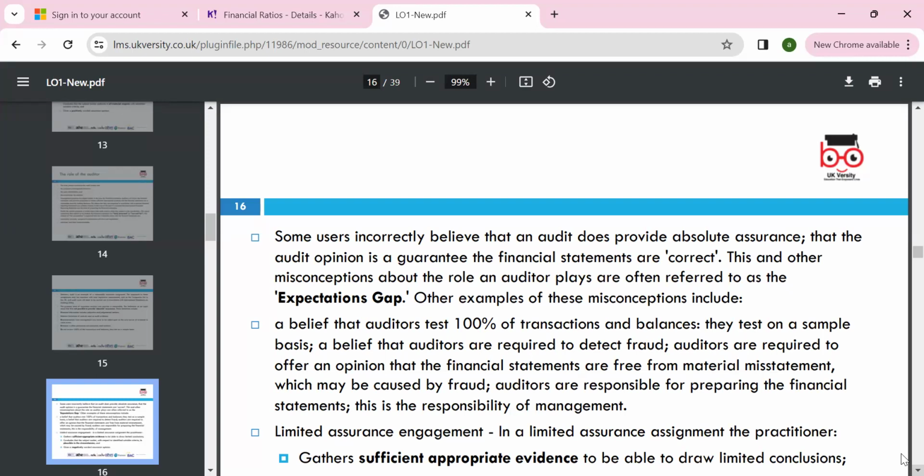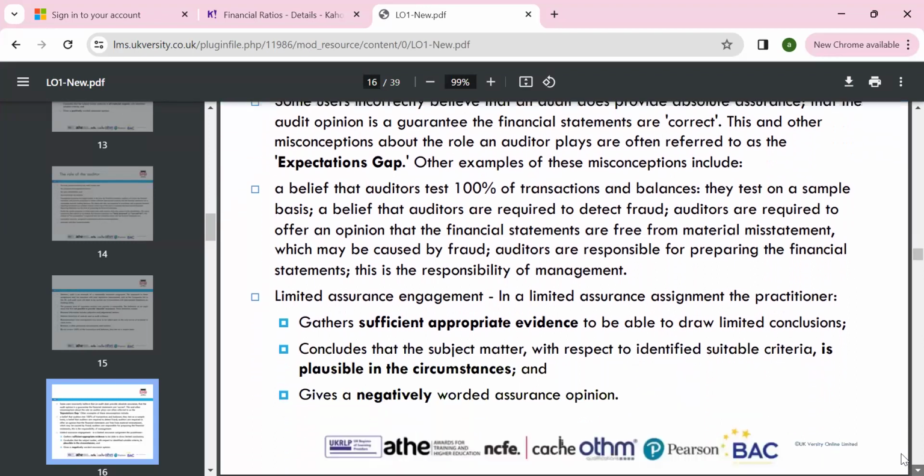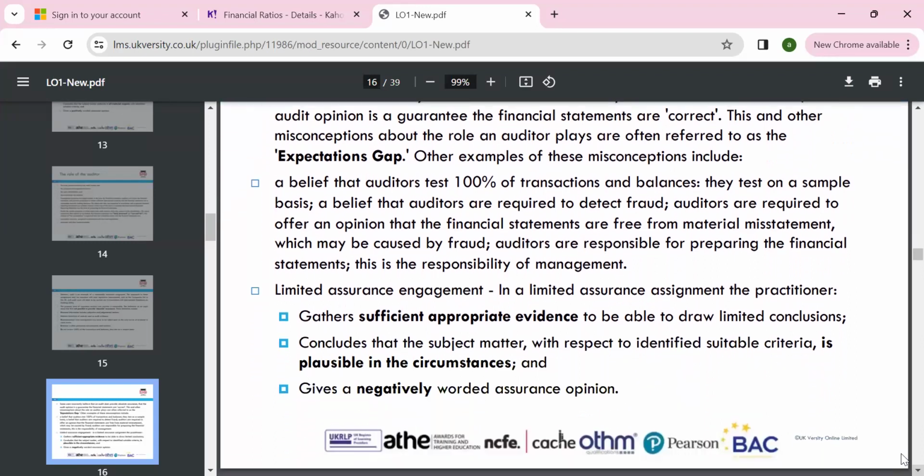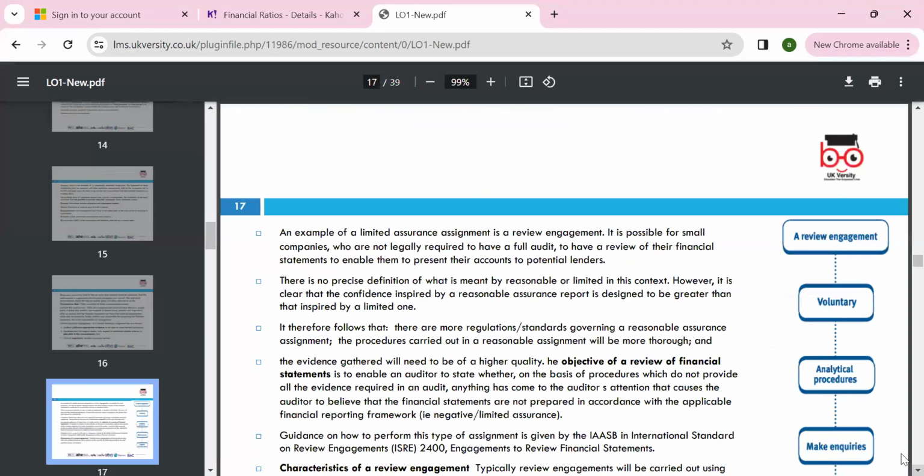The auditor should pick up all the material figures and give the information through limited assurance. Limited assurance can be practiced by getting sufficient appropriate evidence to draw a limited conclusion that the subject matters are, in respect of identified suitable criteria, stable in the circumstances, and give a negative-worded assurance opinion. Okay, so when we do an example of a limited assurance assignment, the engagement is